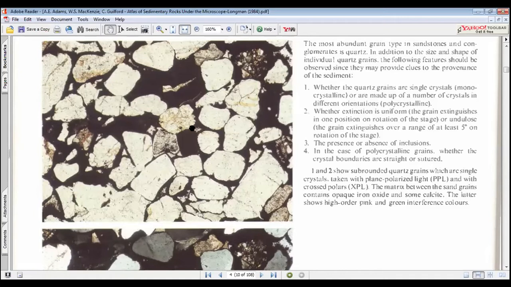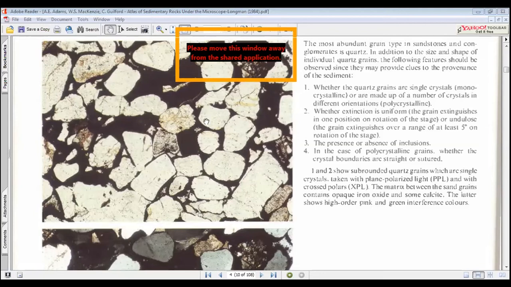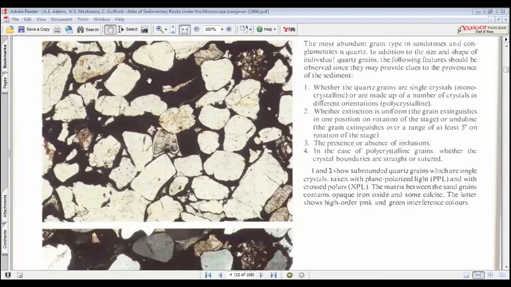Okay. Here we have two examples of quartz grains. You can see that these grains are rounded but not that rounded, and we can call them sub-rounded. And the cement, actually, in sedimentary rocks, the grains are cemented together with some sort of cement. There can be iron oxide, there can be calcite, there can be quartz cement. Here, mostly in this example, we have iron oxide cement, and most of this cement is at extinction. You cannot actually see that cement because of its darker color.